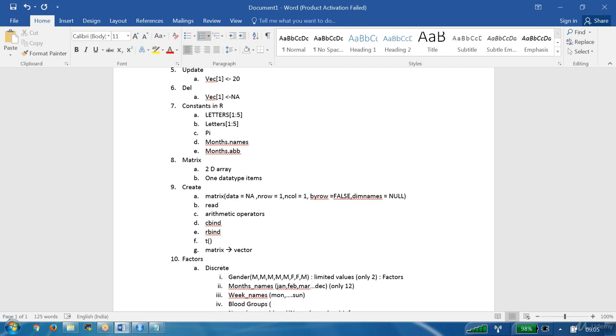It is limited. A, B, then AB, then O. Like that, some limited groups are available. Like that, for any one column, if you can say fixedly that in this column only this many values are possible, then that is called a factor.